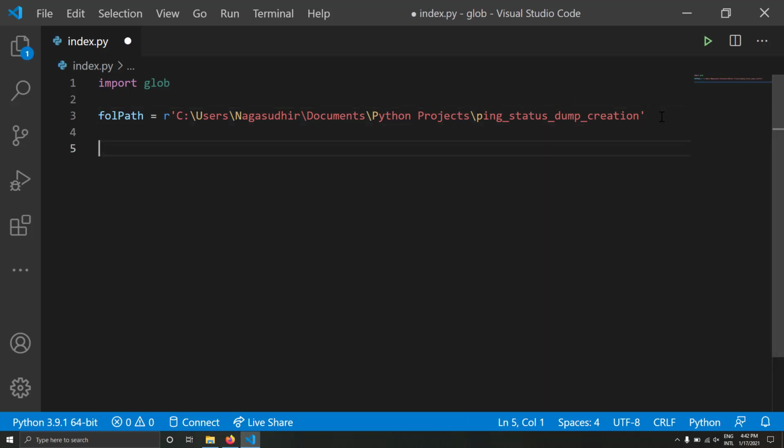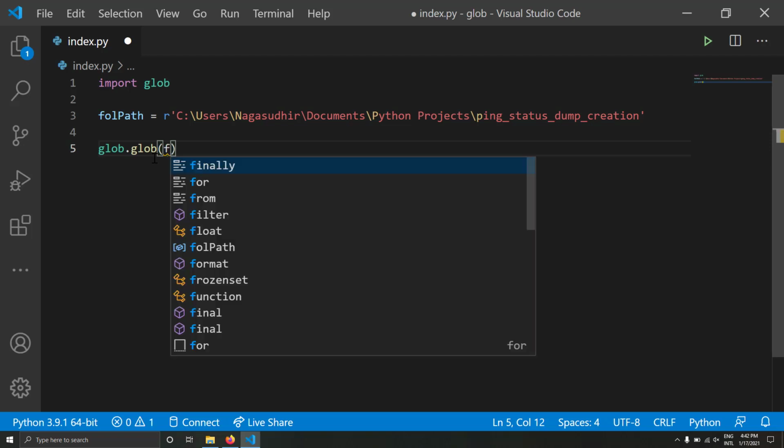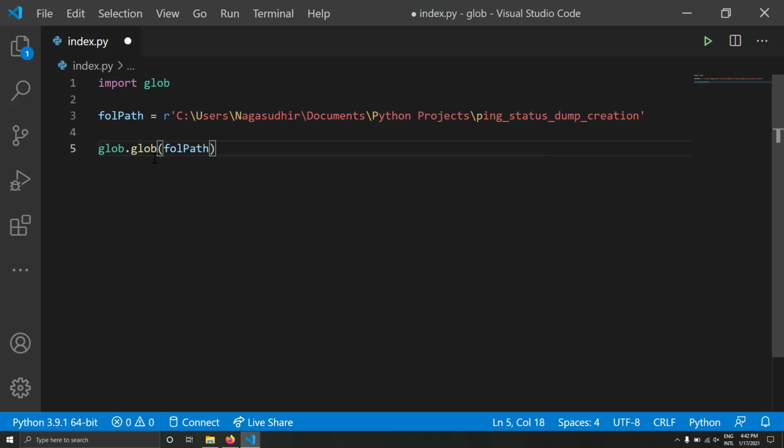Now what I have to do is get all the file names or file paths inside this folder. How can I do that using this glob module? I'll just write glob.glob of f-path, folder path plus, and I have to write something like this. So what this means is this folder path, backslash, star. Star is basically filtering the files. If I write star, I'll get all the files inside this folder path.